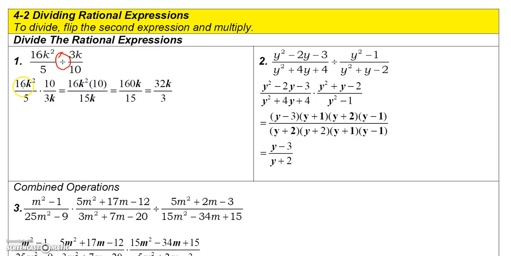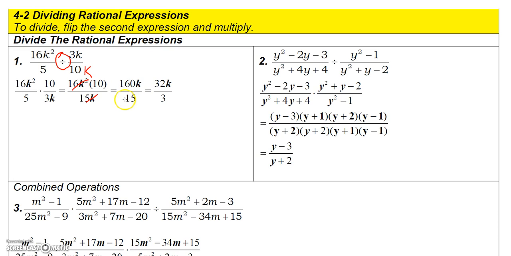And then if I multiply these two together, I get 160k. Well, actually, I'm sorry. If I multiply them together, I get 16k squared times 10. And on bottom, I get 5 times 3k. Now, what I did first here is I went ahead and said k will cancel into k squared. Since k squared is k times k, one of those k's will cancel, and that'll leave me with a k here. So now I have 16 times 10, which is 160, and I have the k, so I have 160k